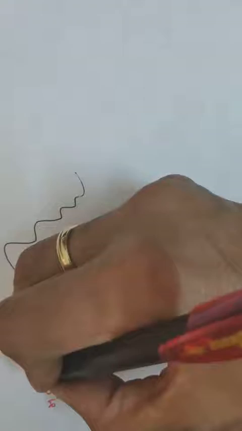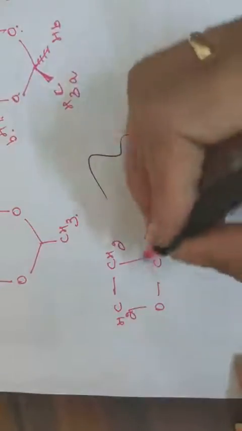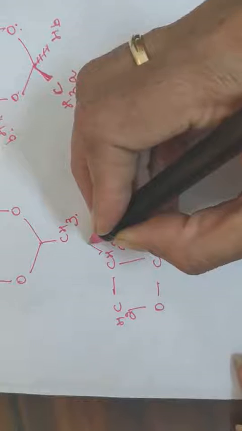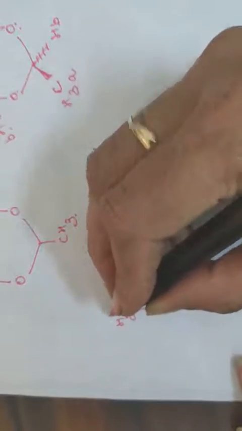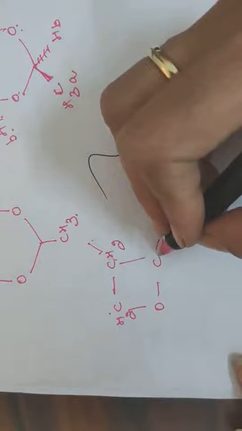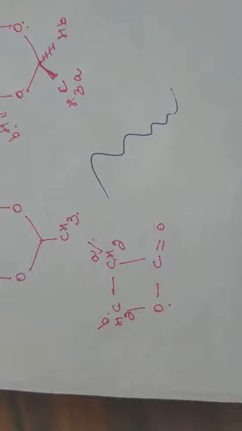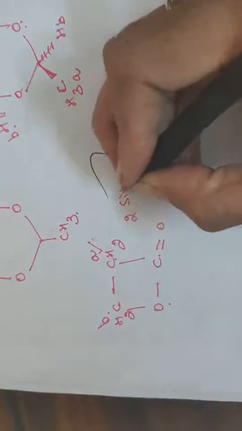Now look at this. You have CH2, O, C double bond O. The environment of these protons is not the same as the environment of these protons. Why? Because this carbon is attached to a carbonyl and this carbon is attached to oxygen directly. So if these are A type of proton, this will be B type of proton. How many signals will it show in the NMR spectrum? It will show 2 signals.